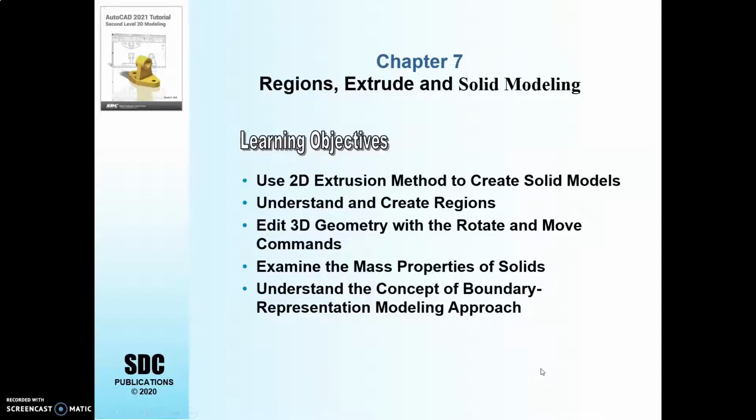Okay, we're going to take a look at Chapter 7 today. And Chapter 7 deals with the regions, extrude, and solid modeling. Learning objectives are going to learn 2D extrusion method to create solid models, understand and create regions, edit 3D geometry with the move and rotate commands, examine the mass properties of solids, and understand the concepts of boundary representation modeling